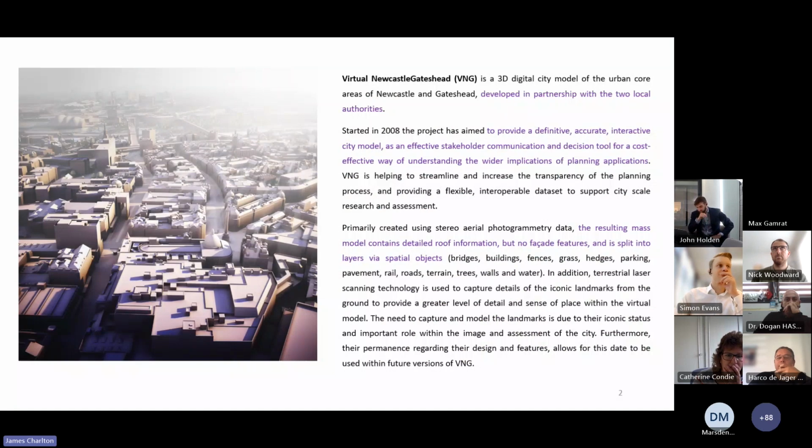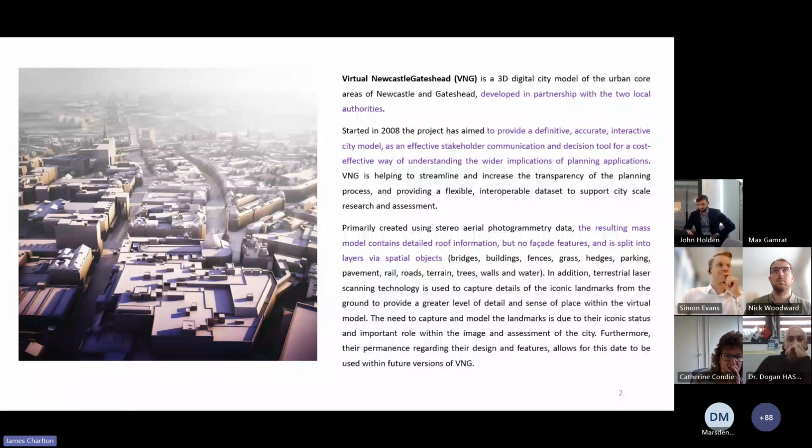A brief history. I'll try not to delve into too much detail, but the project's been up and running for about a decade in terms of its use within the planning process. It did start around 2008 as a proof of concept and a research project looking at how virtual city models could be used within planning. And since about 2012, 2013, it has been actively adopted as a way of assessing major planning proposals within